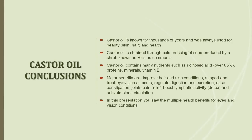So, time for conclusions. What have we learned about castor oil and its health benefits? Castor oil has been used and is well known for thousands of years and has always been used in those thousands of years for beauty, so for skin and hair and in general health problems. Castor oil is obtained, as we've discussed, through cold pressing of the seed produced by a shrub known as Ricinus communis. It contains many nutrients such as ricinoleic acid, over 85% of ricinoleic acid to be more precise, also proteins,